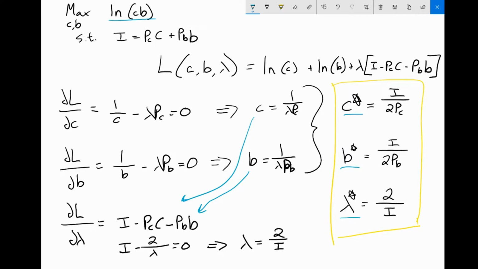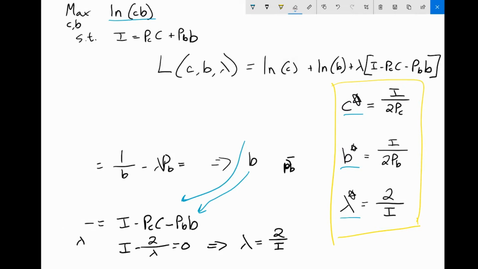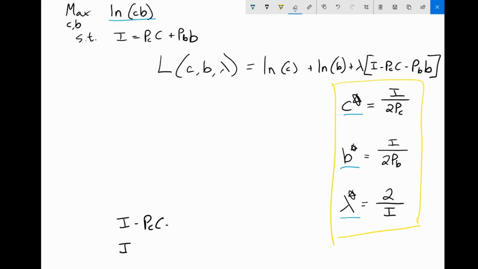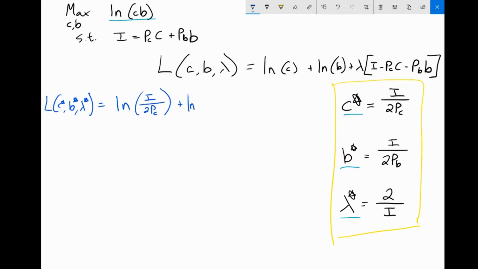Okay, so let's take those and we're just going to plug them back in. Just going to delete all of this. We're going to plug them back in to the Lagrangian function. So now we're going to have the optimal natural log of c, so it's natural log of I over 2pc, plus natural log of optimal b, so it's I over 2pb,